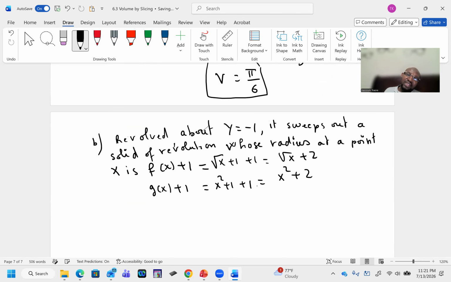So using the washer method, because in this case g of x is not 0, so now using the washer method,